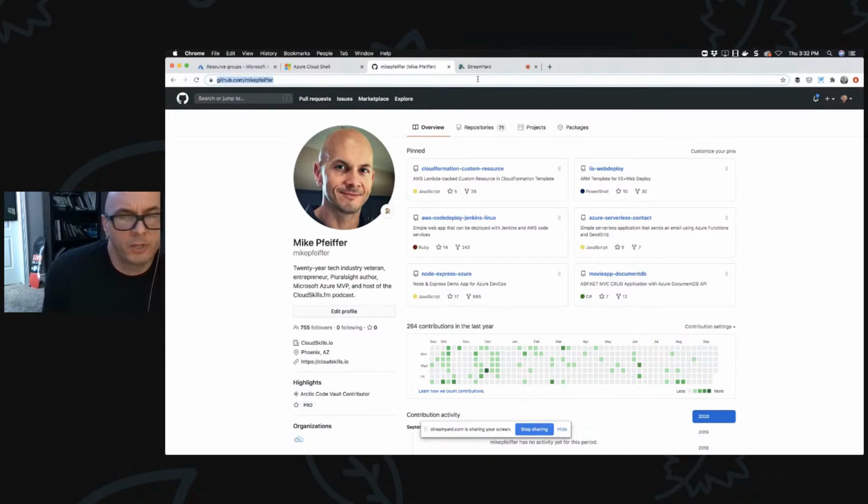But I love this stuff. I've been doing this a long time. When I left Amazon, I was helping customers on the Amazon Web Services platform do infrastructure as code and DevOps. I went back into Azure and started doing tons of Azure stuff, and I've been doing almost nothing but Azure for the last year and a half or so. Anyways, that's kind of my backstory.